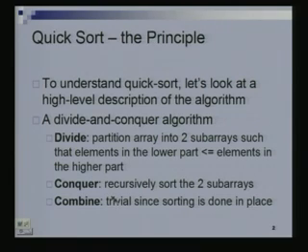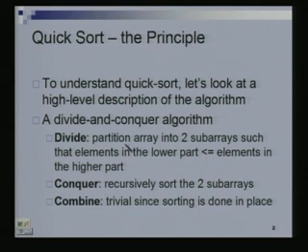Now, how does this help us if we do such a partition? Well, if I sort the lower part and I sort the higher part, and I put all elements of the lower part first and follow it up with all elements of the higher part, then the entire thing is sorted. Every element in the lower part is less than the elements in the higher part. That is the combining part, and in this case it is trivial because nothing needs to be done, but quite often in a divide and conquer algorithm you have to do something to combine, and we will see examples of this later.